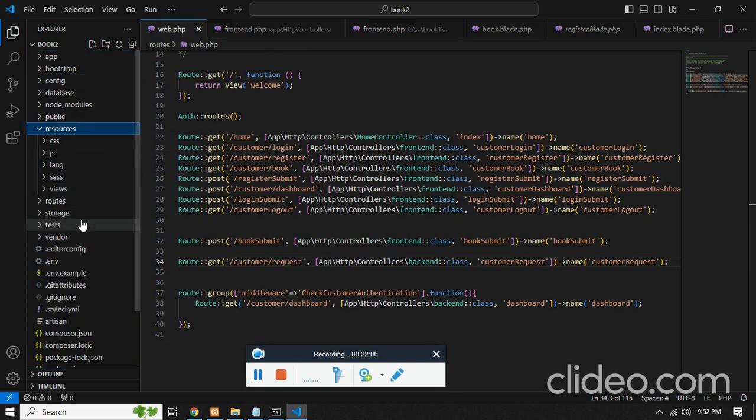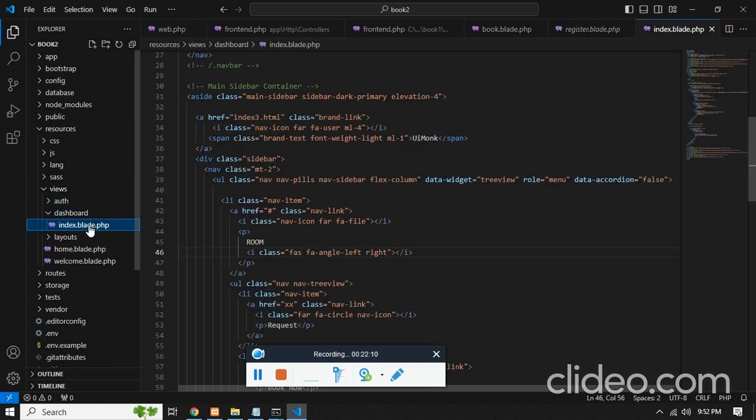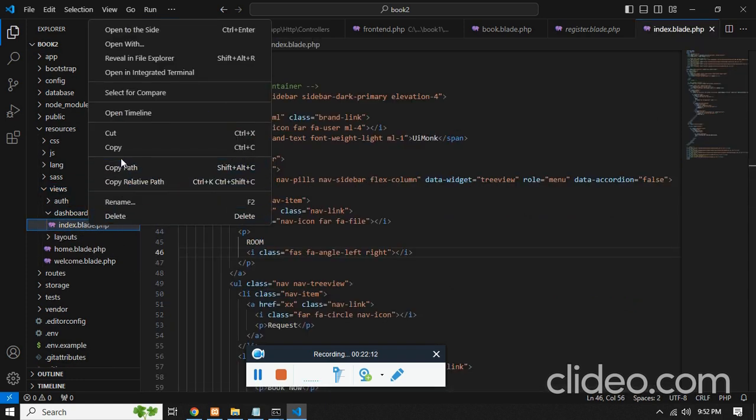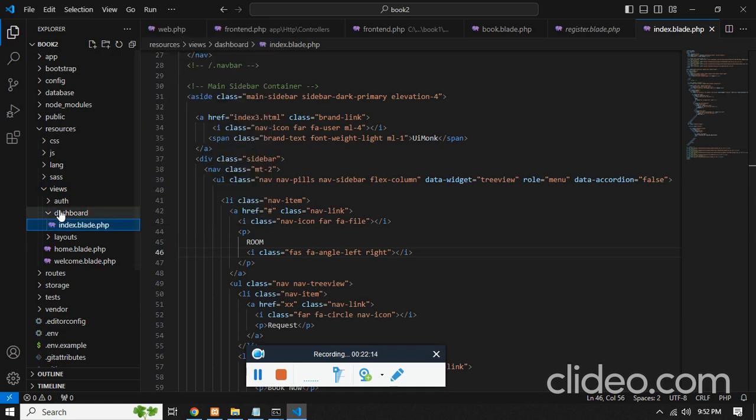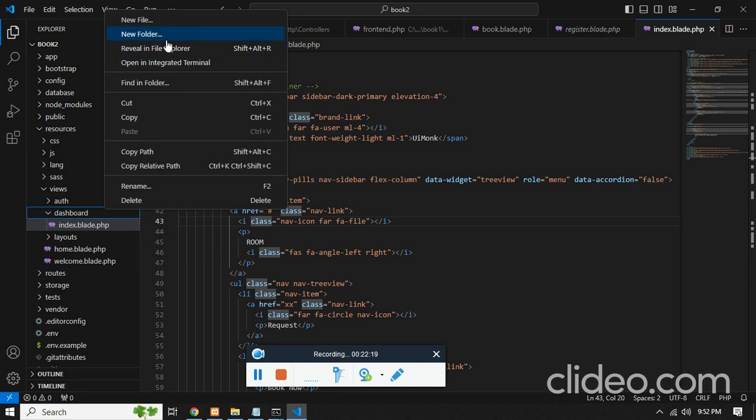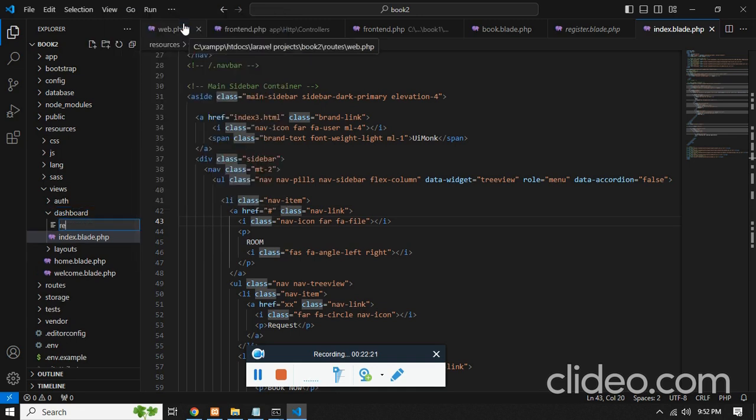Resources, views, dashboard. We can make this duplicate if the option we don't have, so we can make this new file and